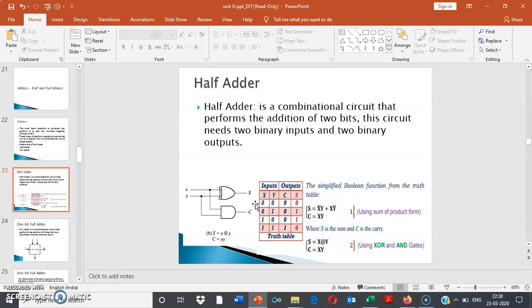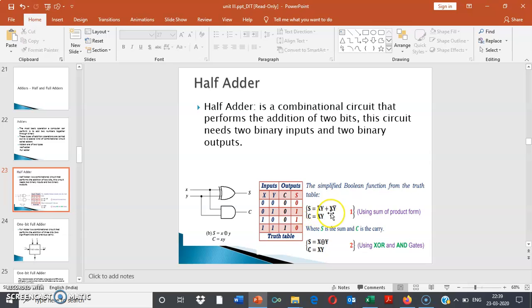Let us see one combination, 0 0. It means 0 plus 0, the sum is 0 and the carry is also 0. 0 plus 1 is 1 but the carry is 0. 1 plus 0 is 1 but the carry is 0. While 1 plus 1 is 0 with the carry 1. So this is the truth table, and from this truth table we will derive the Boolean equation for sum and